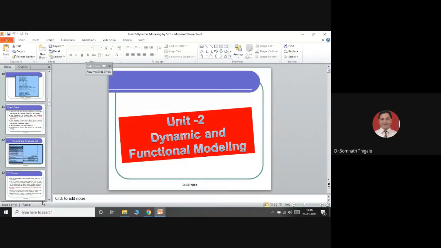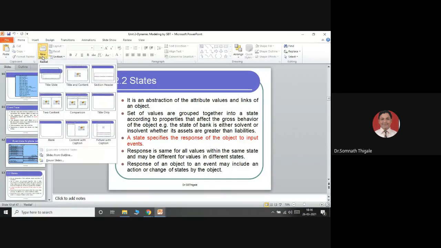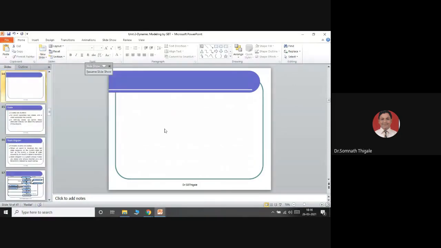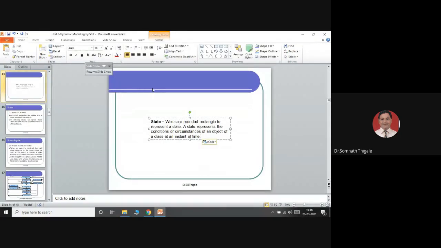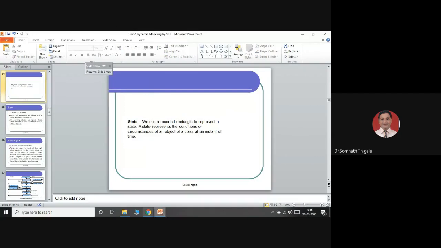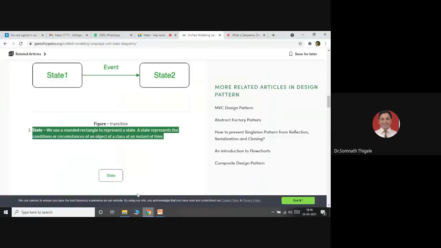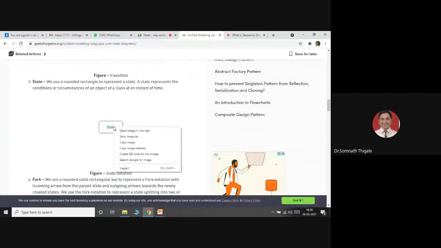Next part I can show here, simply as a state. And how to represent the state, we can check in an example here.